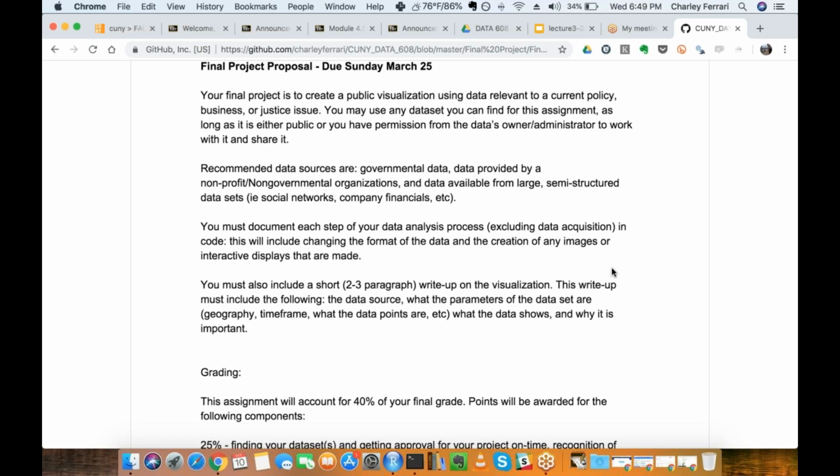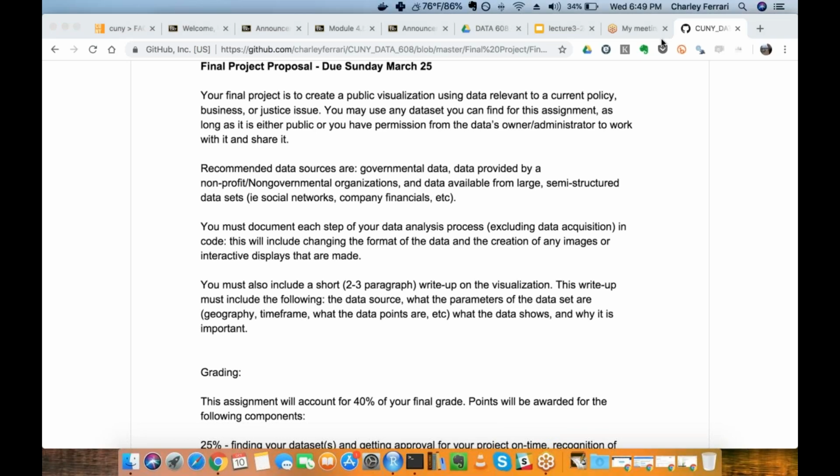Where to get started is simply keeping an eye out for data sets that you may think would make an interesting, fun final project. Don't be afraid of picking something that's within your area of expertise, or absolutely something that you're interested in. If it's a government data set or an organizational data set that you feel passionate about, that's definitely something that comes through with a lot of the final projects.